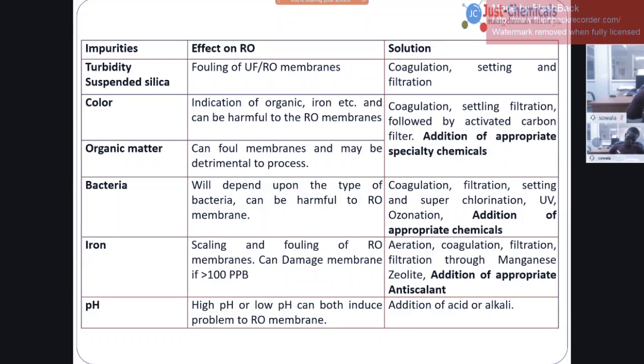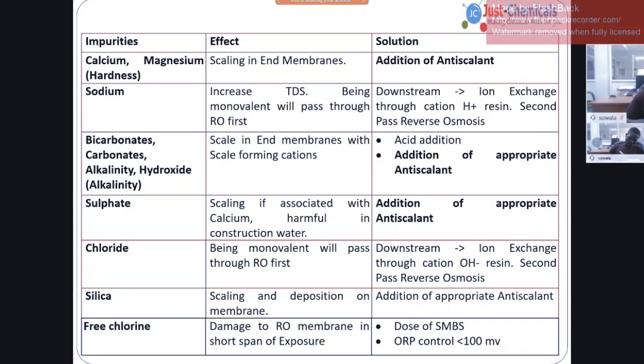Then come other impurities. Calcium and magnesium hardness will form scale in the end membranes, in the tail membranes, or the second stage of the membrane. Most of the RO plants will have a first stage and second stage. So the second stage will have a higher concentration than the first stage. Then the impurity sodium. Actually, sodium does not cause much, but it increases the TDS, and the permeate TDS will